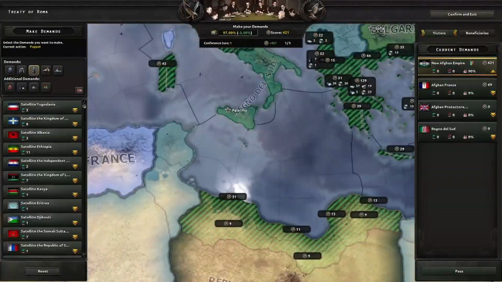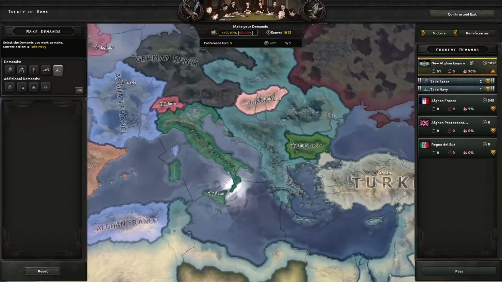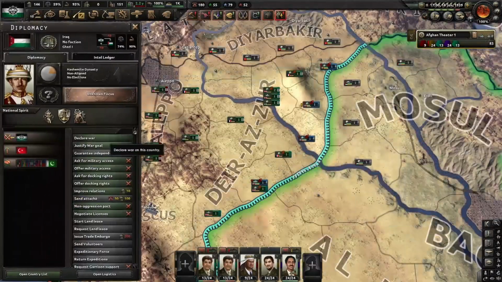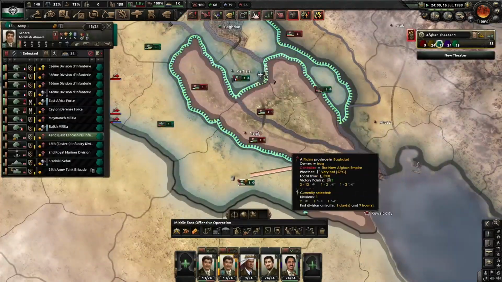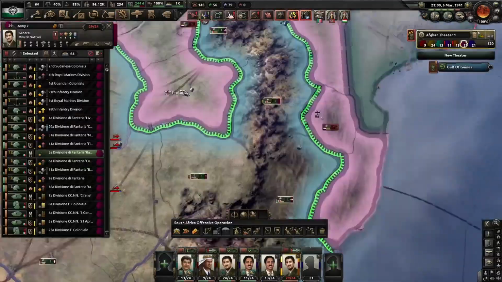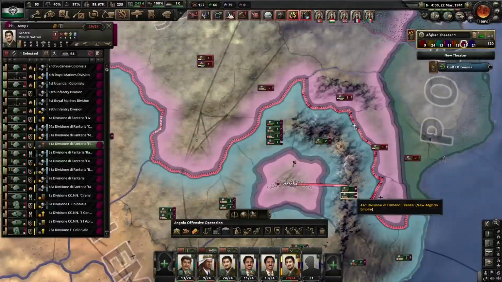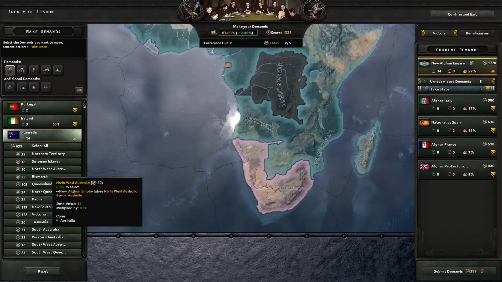I ended up going to war with Iraq and Iran since I was hoping to form the Persian Empire for the extra cores and manpower, but Turkey got their advisor, which makes the justification time on them so long that I just gave up. So I continued and went to war with the Allies, or at least what's left of them,